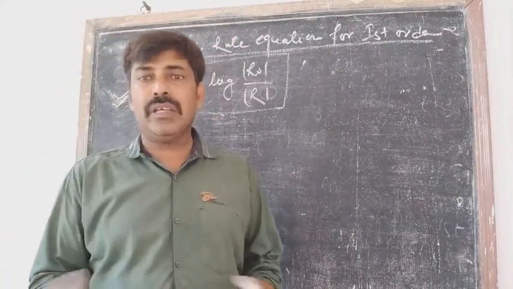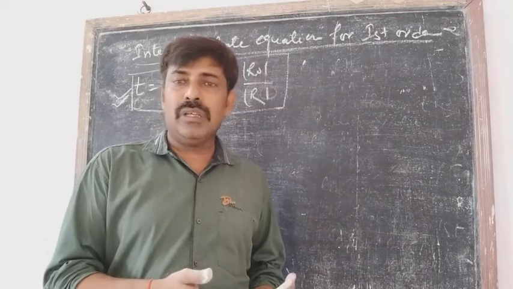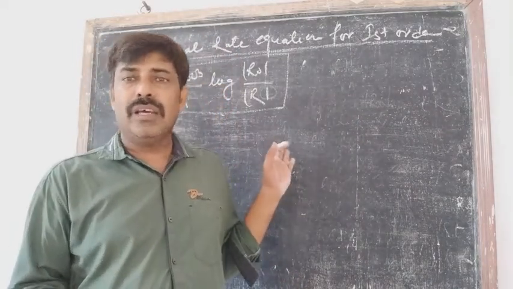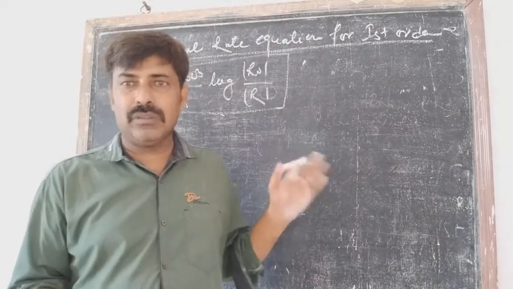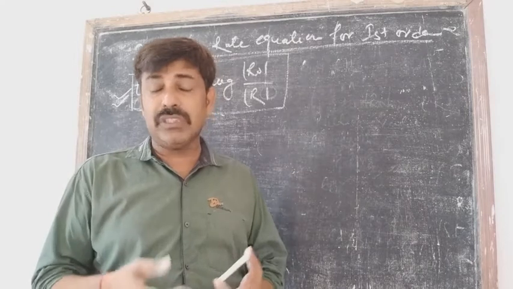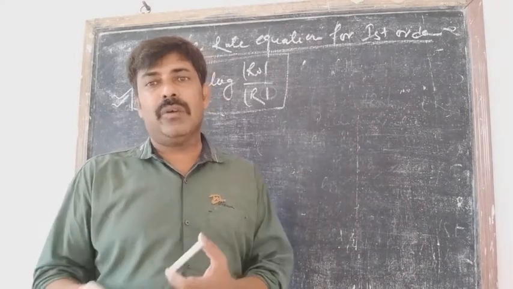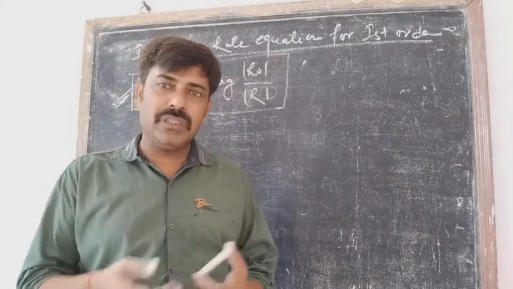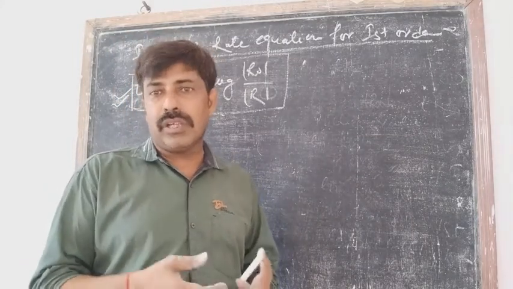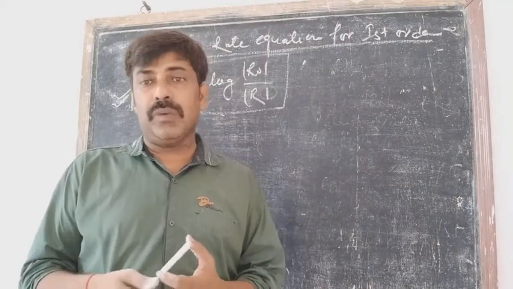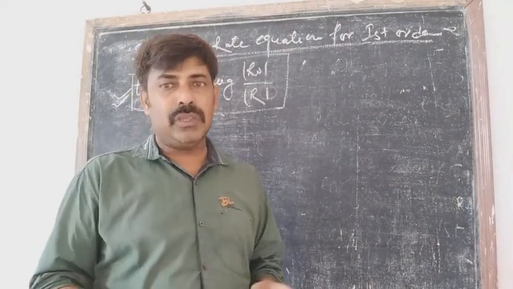Then how do you get the age of that one? The age is calculated with the help of this first order equation, or the carbon dating process, where we get the amount of C14, which is radioactive, and that radioactive substance follows the first order reaction. So what extent of C14 is available there, and what is the ratio of C12 with respect to C14? On the basis of that we get the age of that fossil.